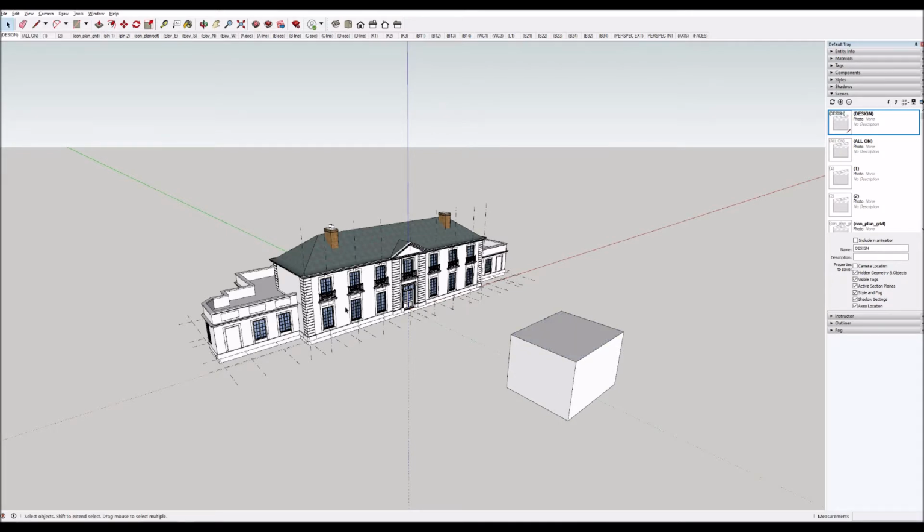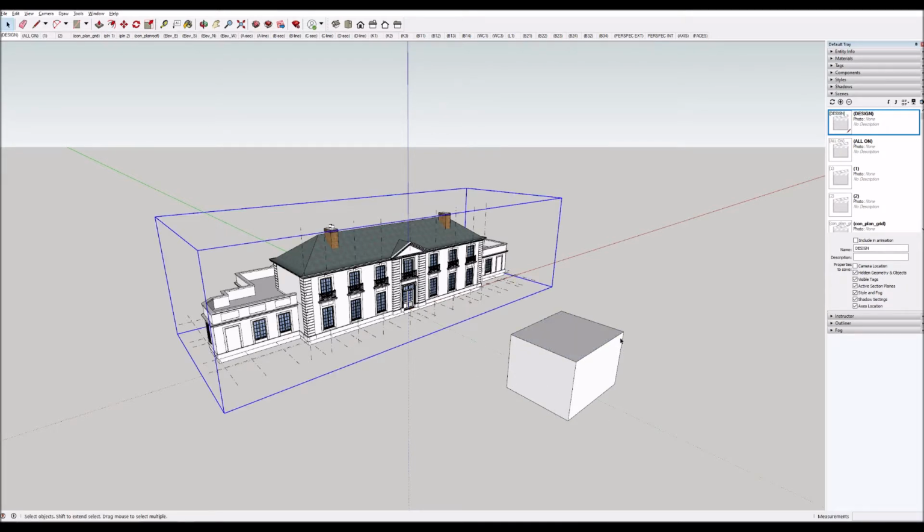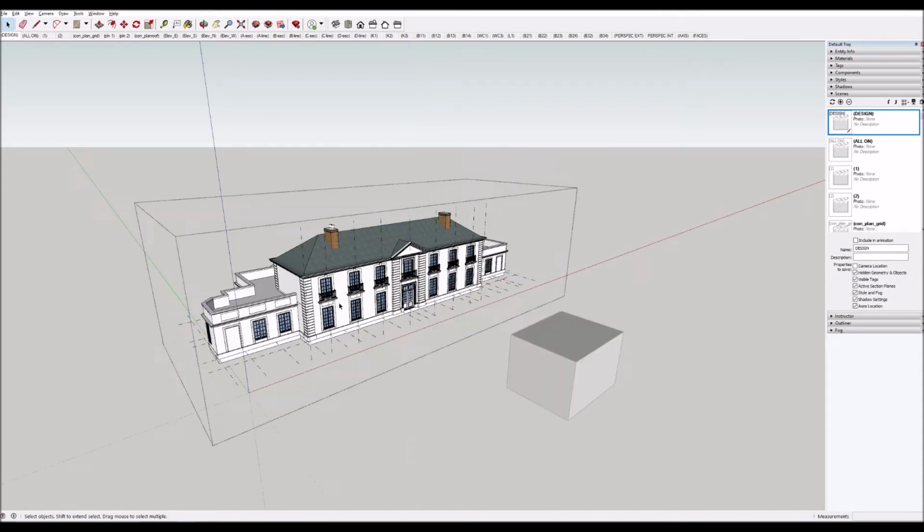And I'm going to go inside. That cube there is outside of the group that I've just clicked on. I'm going to go inside my group that contains the house. I'm going to go up to Tools,